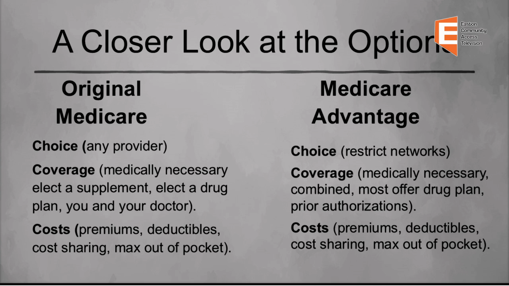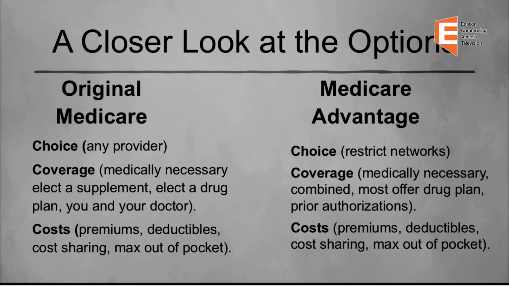So let's look at premiums. With Original Medicare, most pay nothing for Part A. Part A is what you pay into through your FICA or your payroll tax. So that is set up by the government and is usually no cost for most people. Part B has a premium. It has a premium of